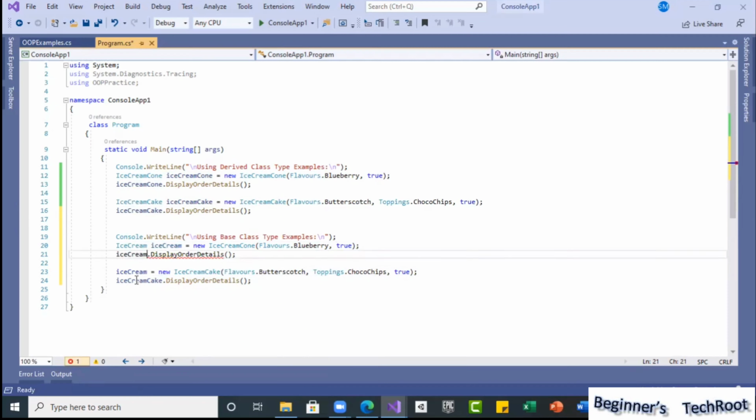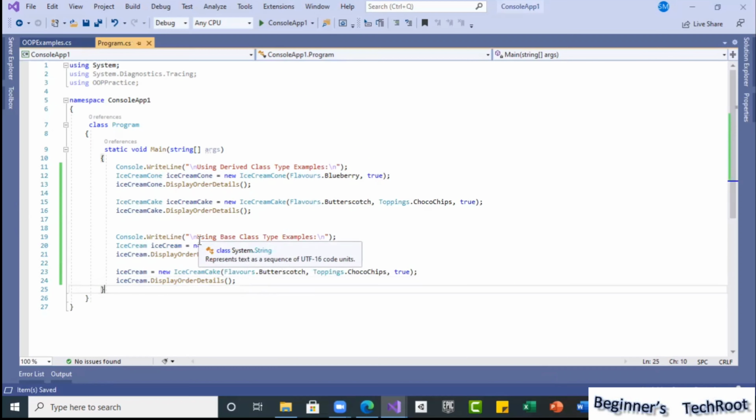And again, even this also, same ice cream dot display order. See, this is the advantage of the override we implemented and the runtime polymorphism that is going to happen. If you see the results, you don't find any difference, but see how the polymorphism is happening.